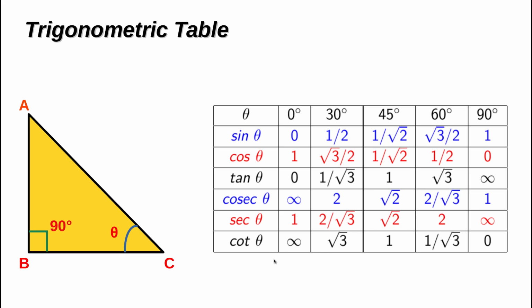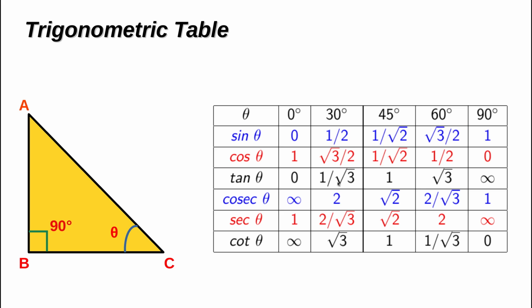Now we calculate the value of cot theta. Now we know that cot theta is equal to 1 by tan theta. So now the value of cot 0 degree is 1 divided by 0, which is infinity, and cot 30